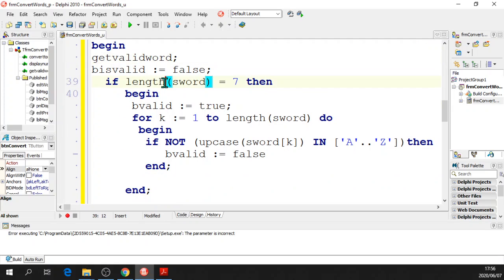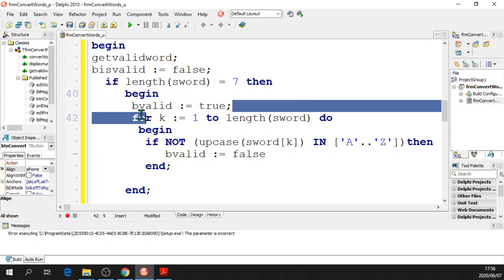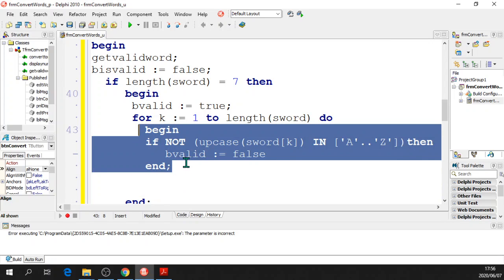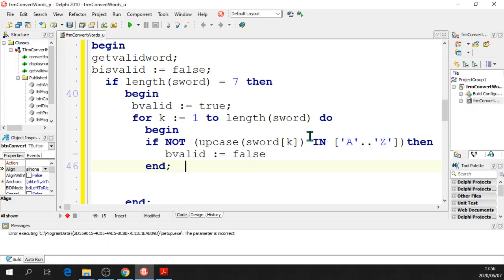and then we check if the length is equal to 7. If it's equal to 7, we're fine. We're going to carry on. We're going to go and check for characters in the string. So I'm going to use another Boolean flag over here, set it to true, assume that they're all characters, but if we find one that's not a character, then we'll set B valid equals to false. And at the end of this for loop, after it's gone through every single character, and it finds just one character that's not actually the letter of the alphabet, then we're going to ask